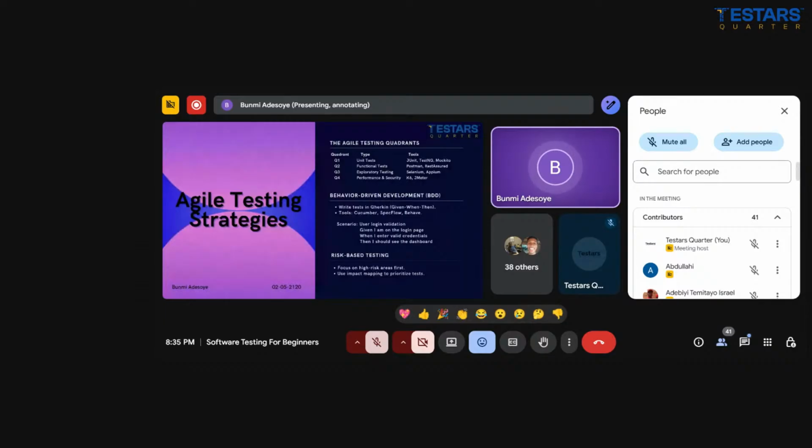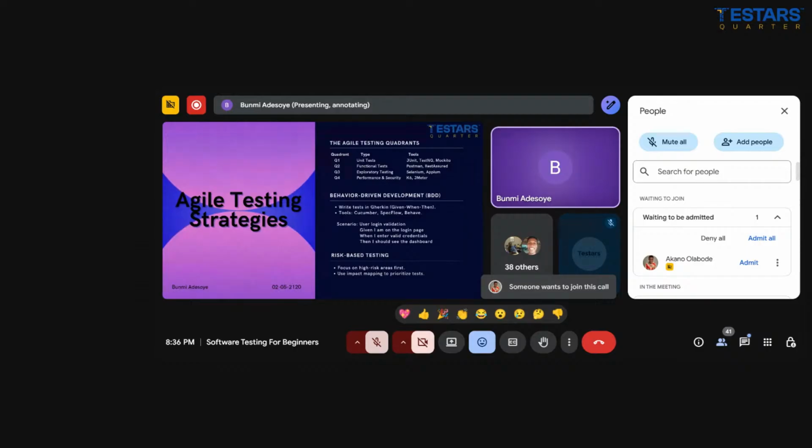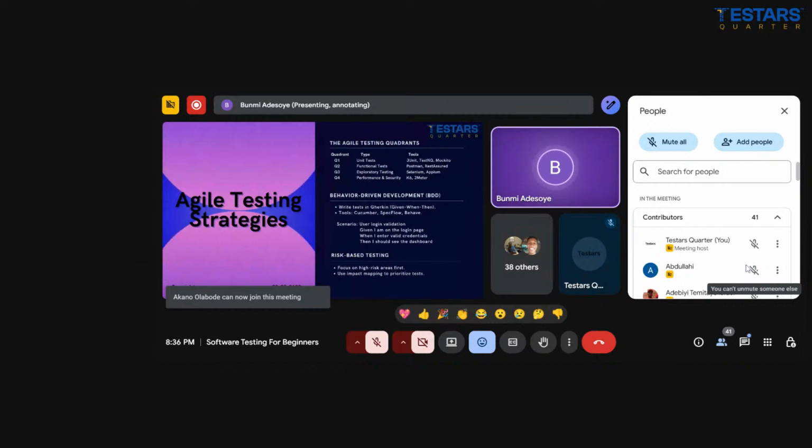Then the second one is behavior-driven development, which is BDD, as you know. One common tool with that is also Cucumber. And funny enough, the first time I heard about it was during an interview with a company in the UK, and ever since then I've been researching on it, I think about a year or two now. So it's also a very useful tool, and we also have other ones that we can